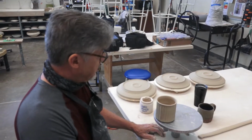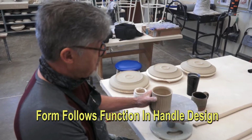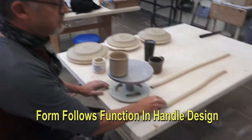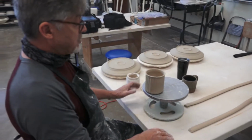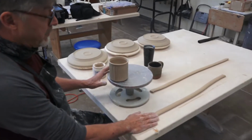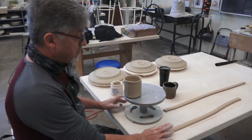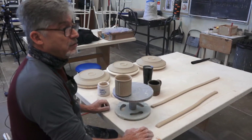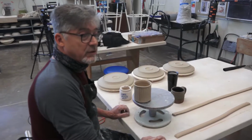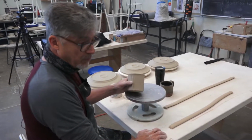In this segment, I'm going to show how to attach the handles to the cup. The cup's leather hard. The handle is fresh right out of the bag clay. The traditional way to get the leather hard clay to receive the fresher, wetter clay is by scoring. You saw scoring in previous videos. I'm not needing to do the scoring